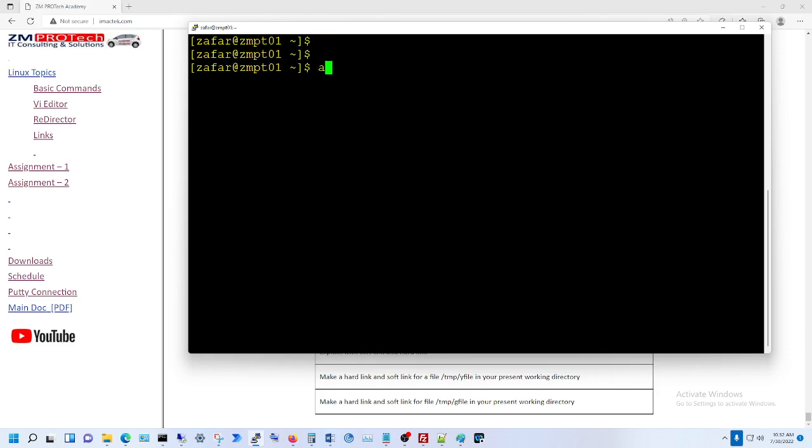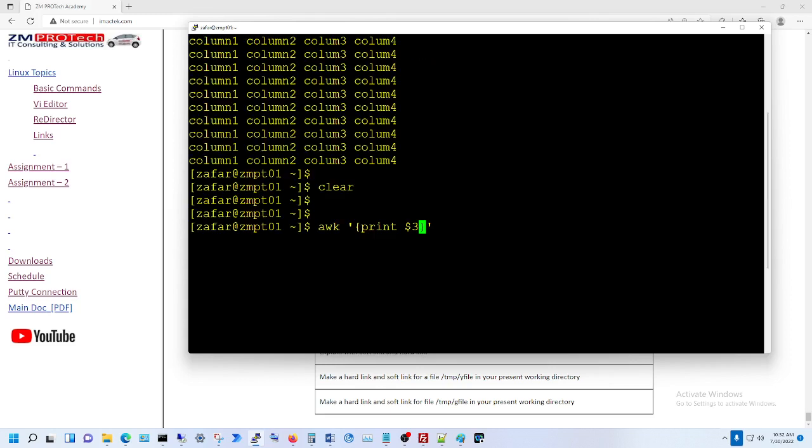The command is awk, single quote, curly bracket, and in the middle all you have to type is print $3. When you do $3, it will take this as the third column